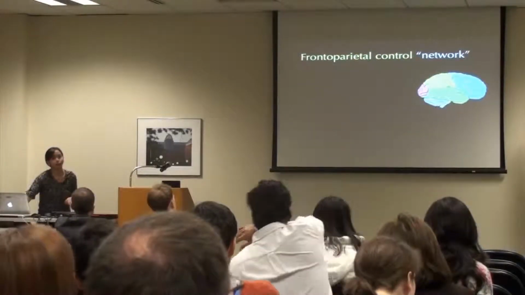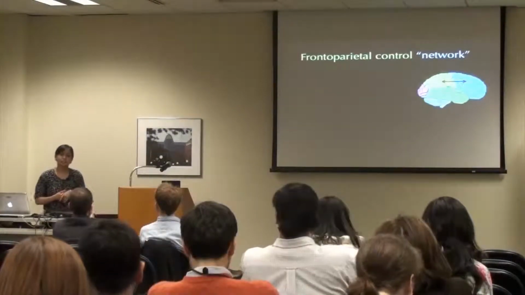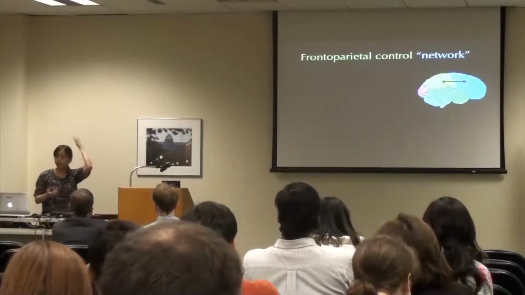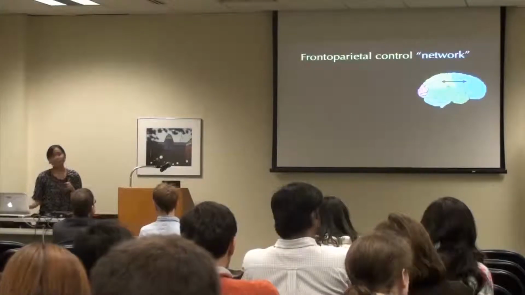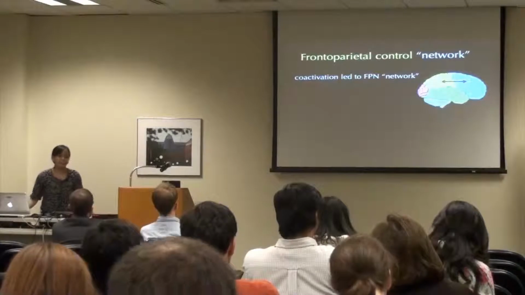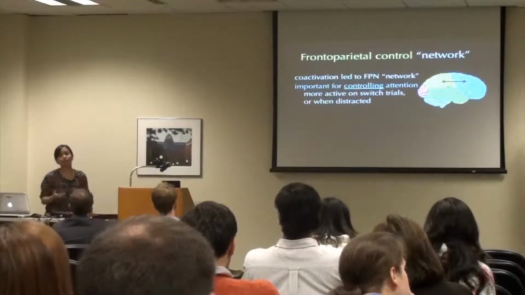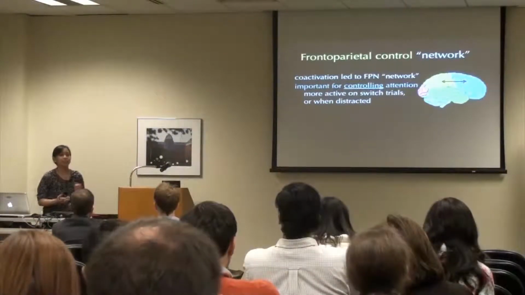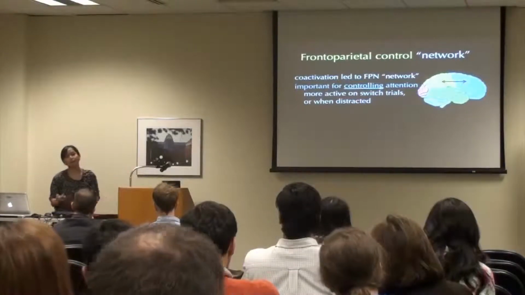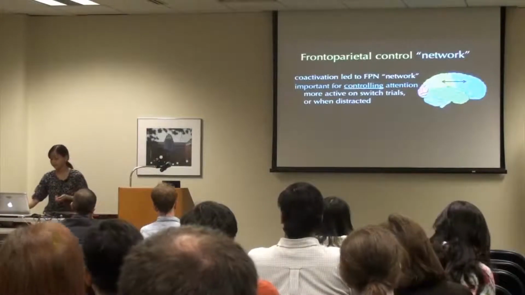So briefly, this idea of a frontoparietal network came about from studies that found co-activation of the frontal area of the brain and the parietal, or top back, area of the brain. They find that these areas activate at about the same time. And critically, they found that these areas activated during conditions that demand a high control of attention. So they're more active if you have to focus in the face of distraction. And in switching paradigms, they've seen that these regions are more active on switch trials compared to repeat trials.